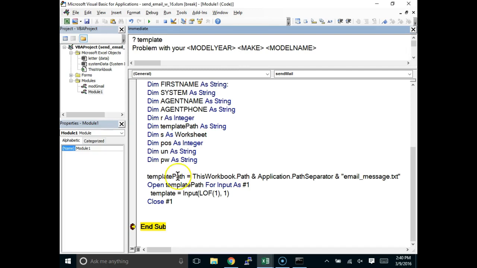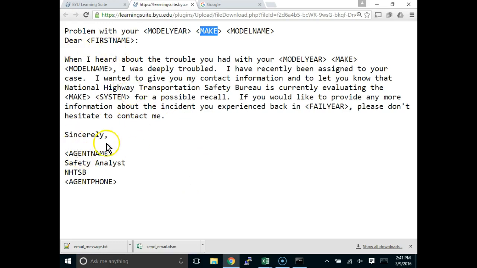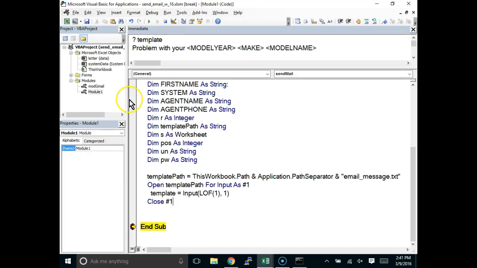Okay. So let's start off just by populating the parts that we know are going to be the same. And so that was agent name, agent phone, and system. I think that was all of them. So I have variables for those: agent name, system, agent name, and phone. So let me just go ahead and fill those in. System equals,